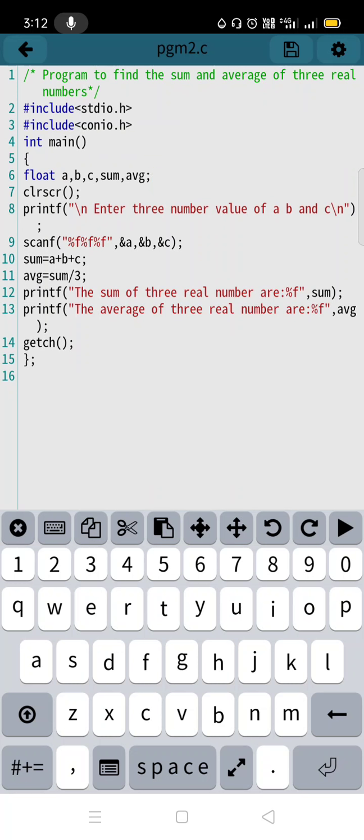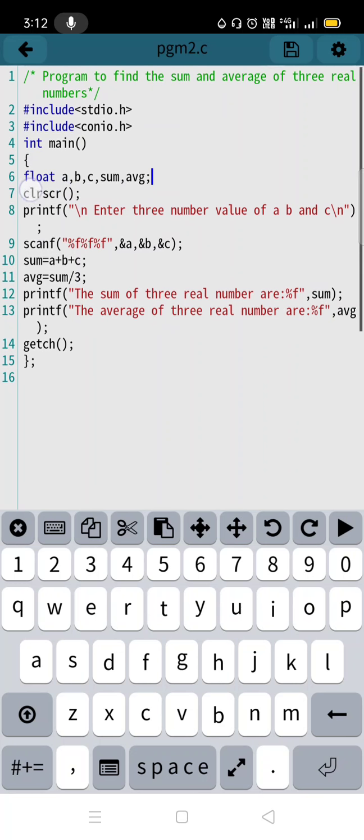So here we took the data type float, because we are adding real numbers, pointing values, and to store the pointing values you took the data type float. Next, variables you took. How many variables? 5 variables. What is a variable? In the theory class I told: a variable is where you can store data values. You give some name to those variables, and you store some values in those variables. That is called a variable.